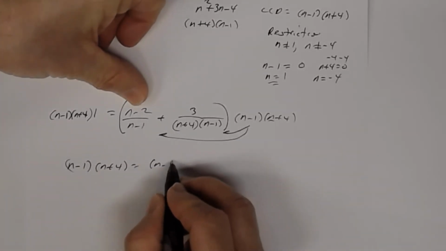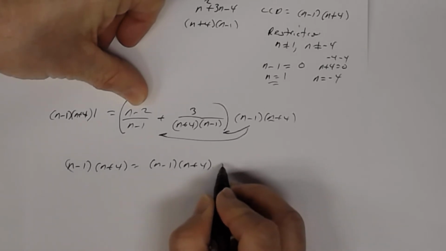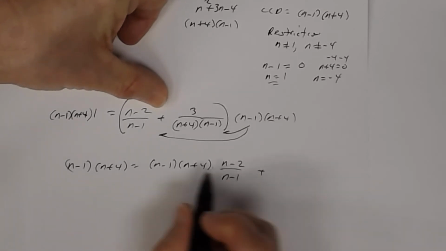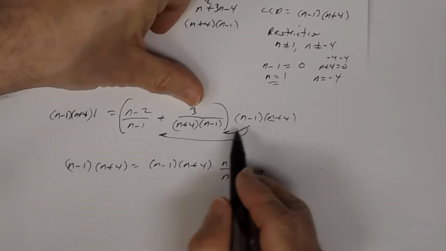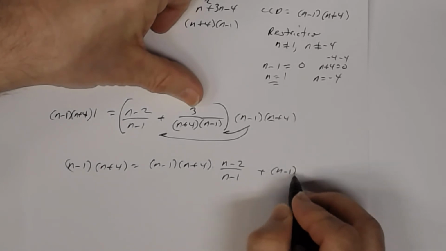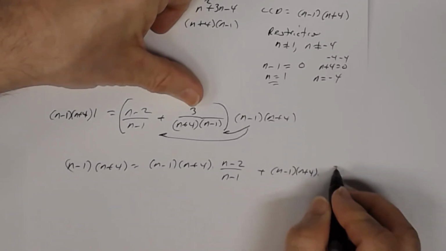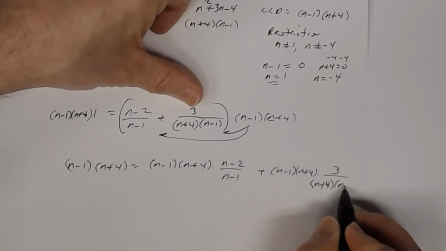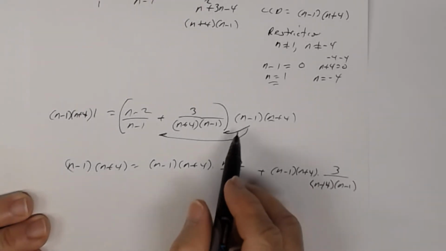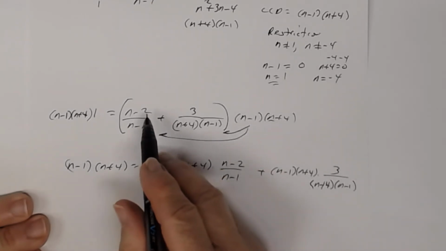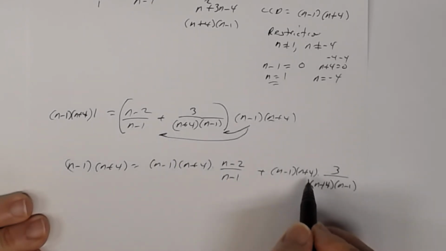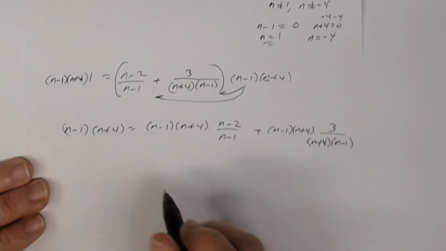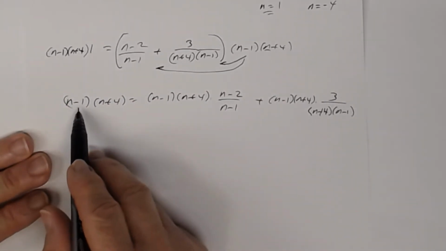So n minus 1, n plus 4 times n minus 2 divided by n minus 1, plus the LCD times this fraction, n minus 1, n plus 4 times 3 divided by n plus 4 times n minus 1. Okay? So all I did was multiply the LCD times this fraction. That's how I got the right-hand side. And the LCD times 1 is just the LCD. Now we're going to go ahead and